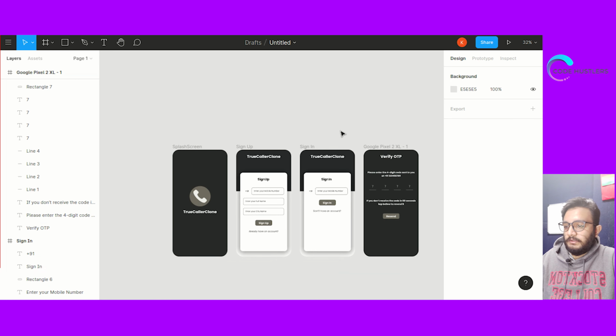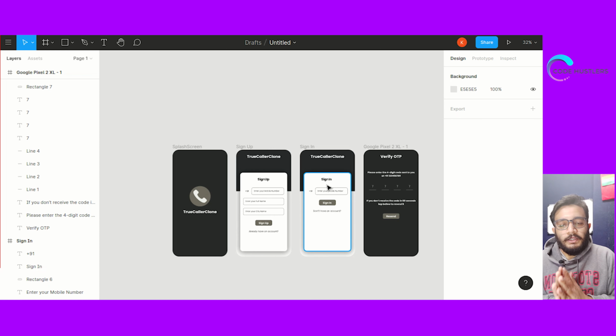Now we'll create another screen where we'll be showing the list of users. In this list of users we'll show very little information, and on click of the details of the user we'll show a dialog kind of thing where we'll show the rest of the information.